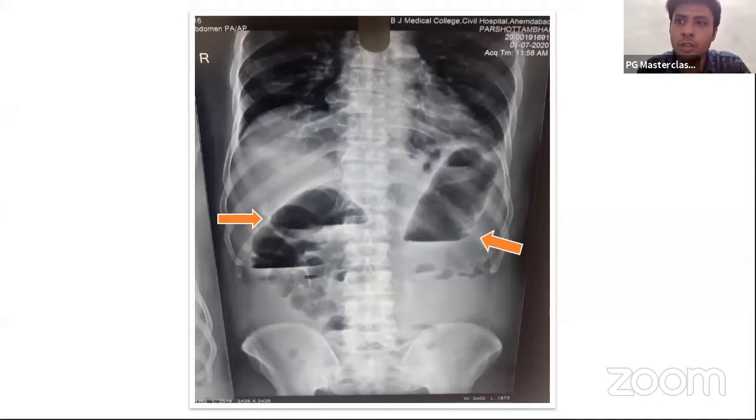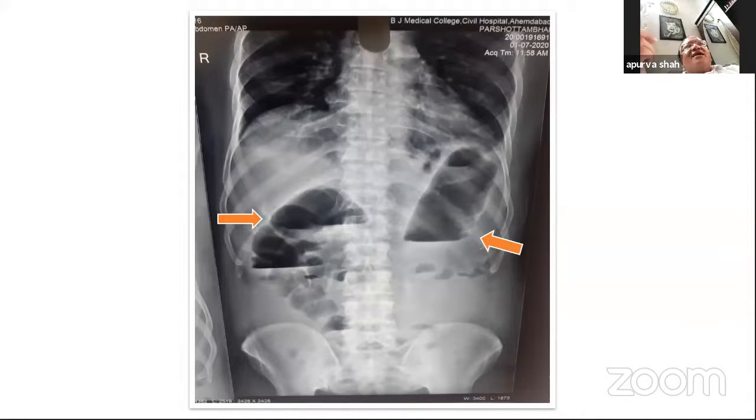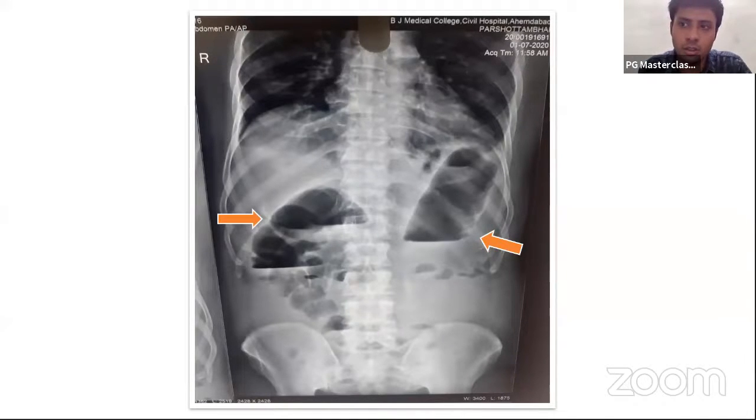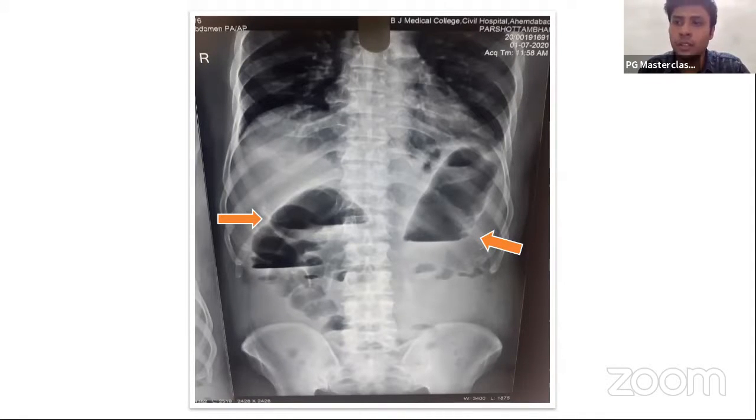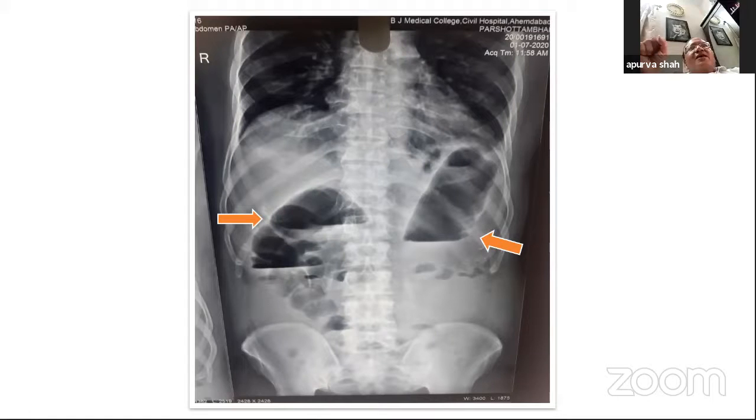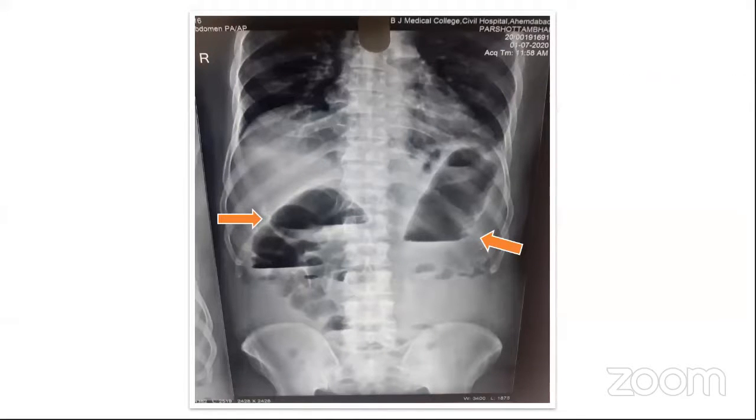A transverse colostomy. End or loop, what is the difference? The loop colostomy. Okay, why? Why not end? What will happen if you make an end colostomy? The distal loop will be difficult to close. See, you have brought out a transverse colostomy or ileostomy, and there is a mass in the distal colon. What will happen? A closed loop obstruction.